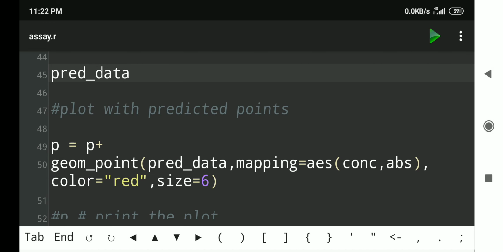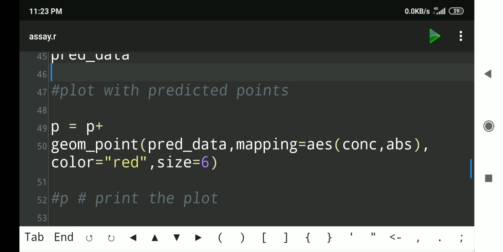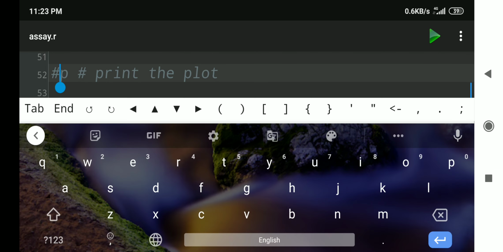And now we'll plot these values on our plot. Our plot was p, and to this p plot we are adding geom_point. New points we are going to add, and for those geom_point data we are taking from the predicted data, the data frame pred_data. Comma, we are going to map aesthetics: concentration is the x-axis, absorbance values will be on the y-axis, but these two values will come from this predicted data frame now, and the color of these points shall be red, the size of those points shall be 6, so that they will be distinguished from the points of the standard values. We will see this graph.